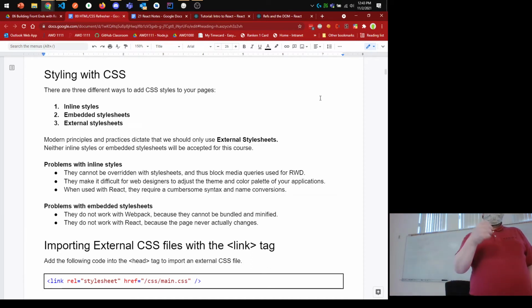And things to remember, so inline style would be the style attribute on the tag itself. Embedded, if you're doing that, that would be the style tag that's up in the head. Or if you're doing external, that's in a separate CSS file, right? Now,